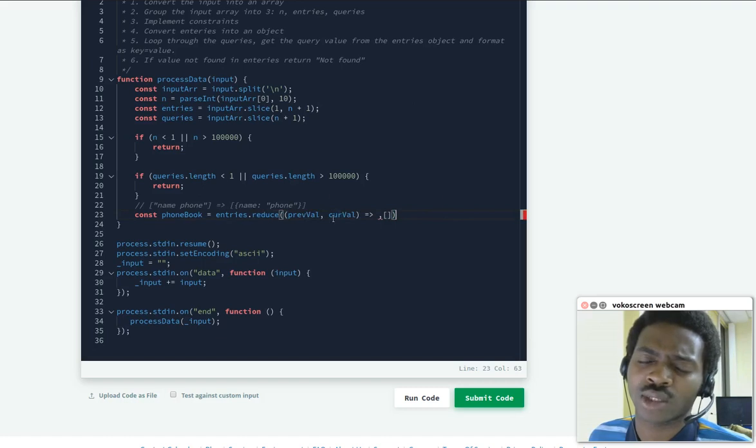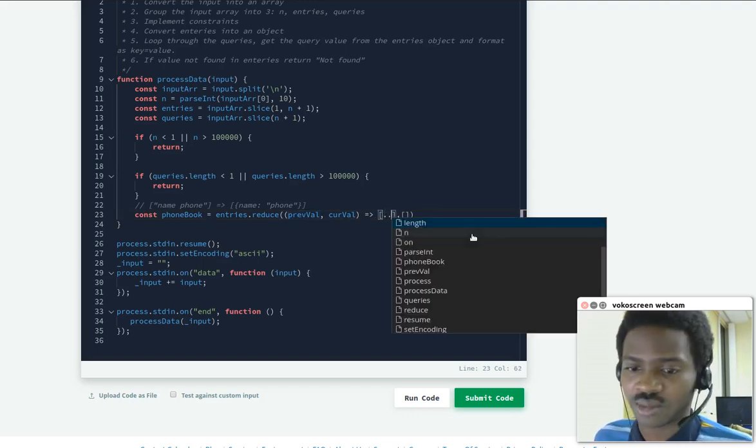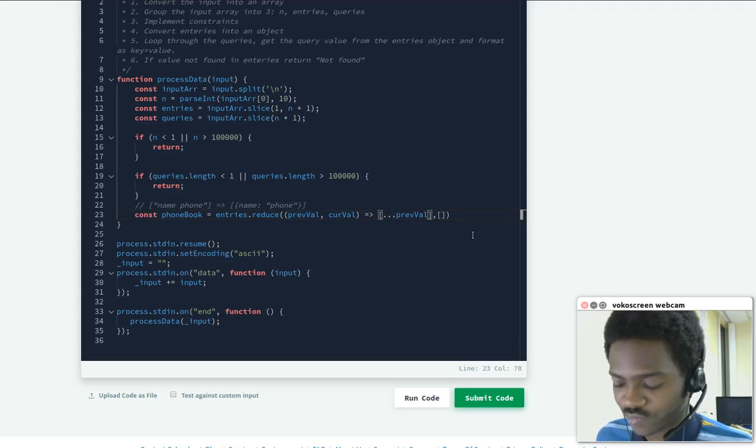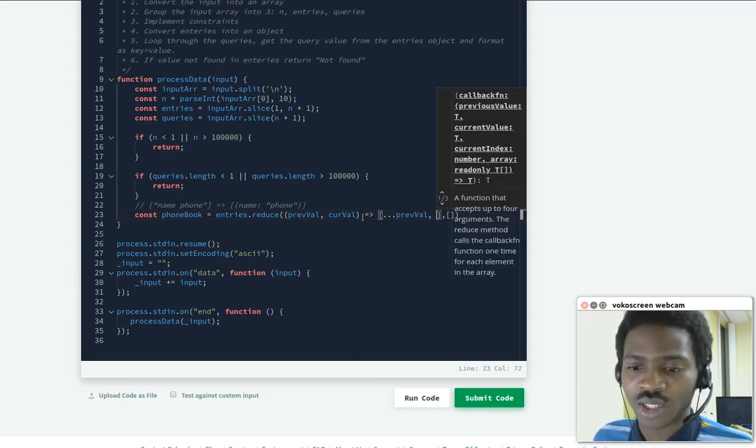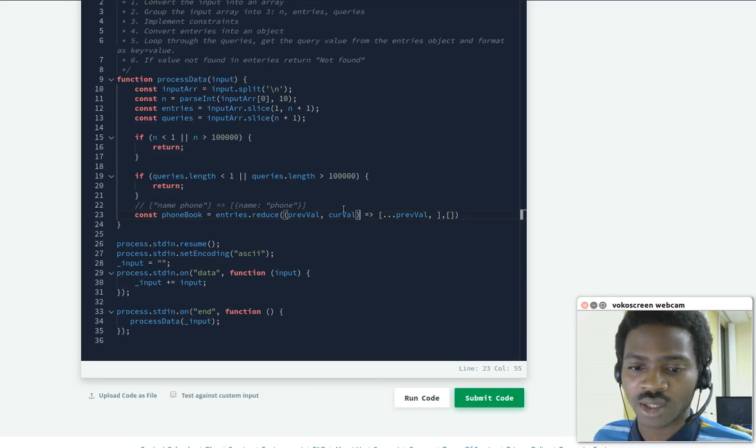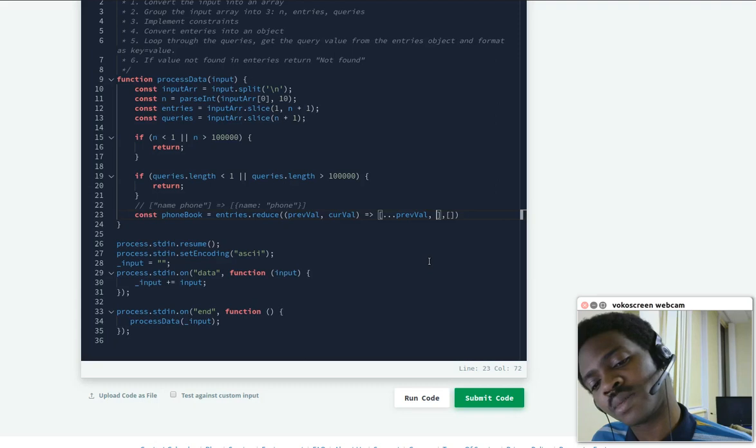Okay, so what I could do is take previous value and spread it here, so I'm preserving the previous stuff, and then I can say that I want to say this. Oh man,